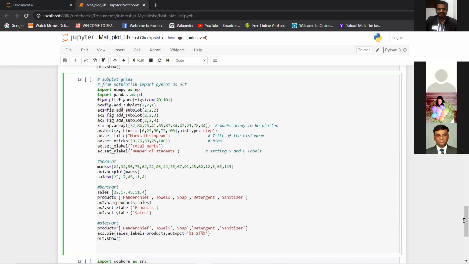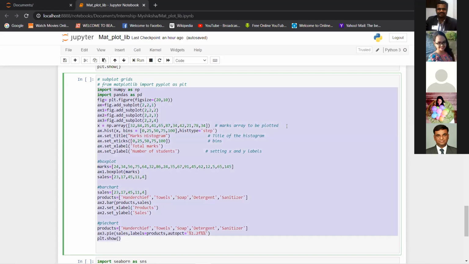I think I have updated the notebook after I sent it to you, so you can quickly copy the code, or I can paste this section I have changed in the chat box.